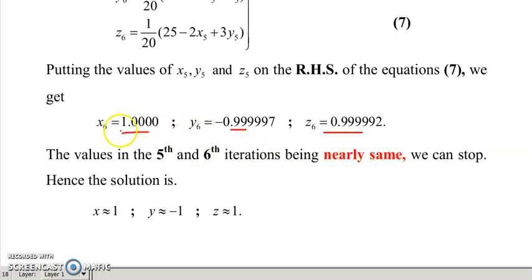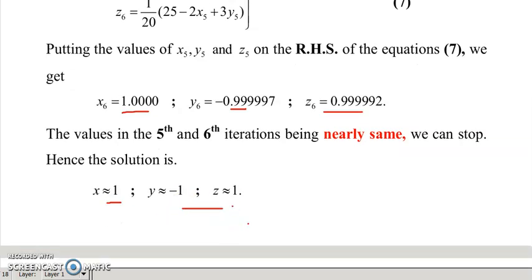So guys, if you look here, the sixth iteration values and fifth iteration values are nearly equal, or you can say the difference between the fifth and sixth is negligible, so we can say that this is the required solution. Okay guys, so similarly you have to solve the other equation, and thank you for